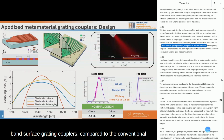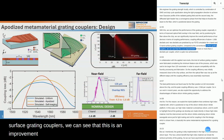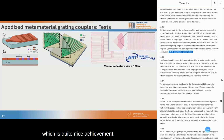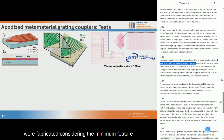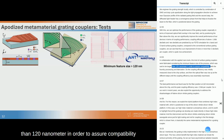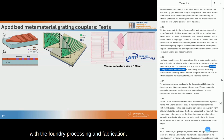Compared to the conventional surface grating couplers, we can see that this is an improvement of more than 2 dB per coupler, which is quite a nice achievement. In collaboration with Applied Nanotools, these surface grating couplers were fabricated considering the minimum feature size of the process, which was said to be larger than 120 nanometers, in order to assure compatibility with the foundry processing and